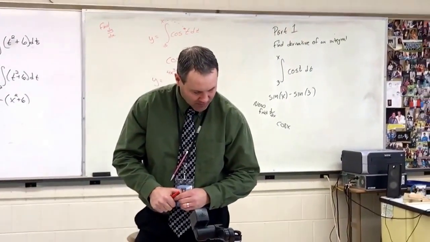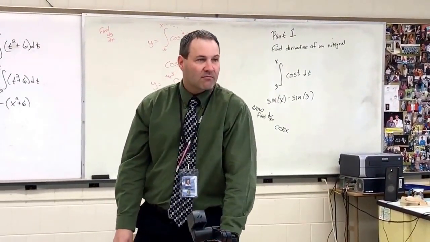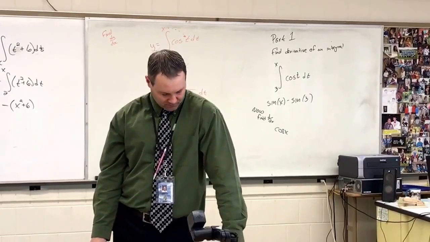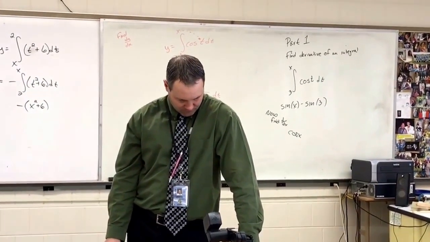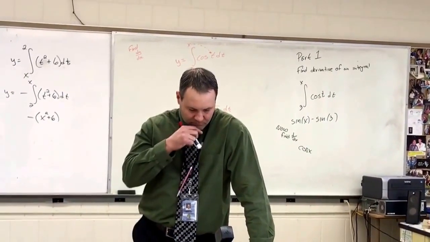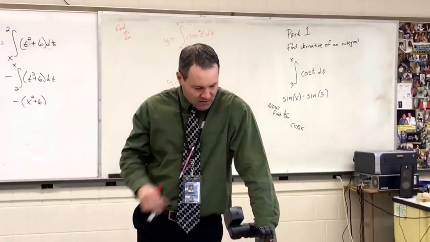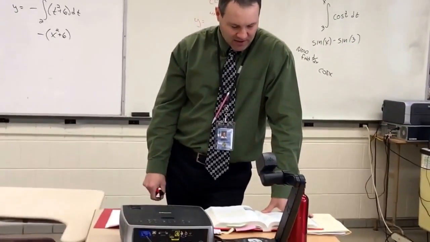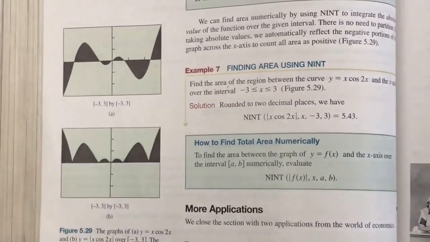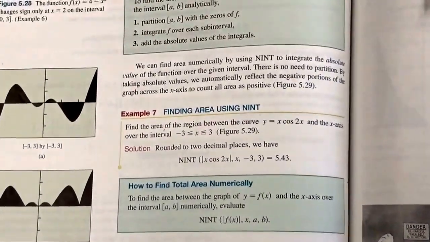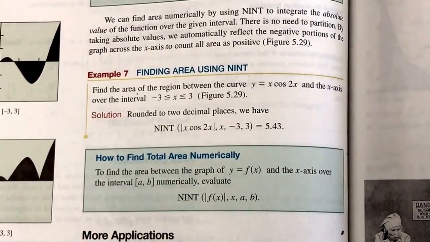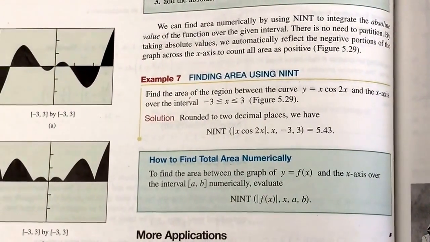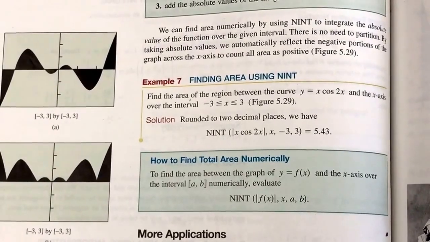I'm not going to go through it, but look on page 284. Page 284, example 7, it says find the area using fnint. That's obsolete, isn't it? What does your calculator say? Is it function? Fnint? Yeah. Okay, so if we're trying to find the area of a region, and this would be total area,